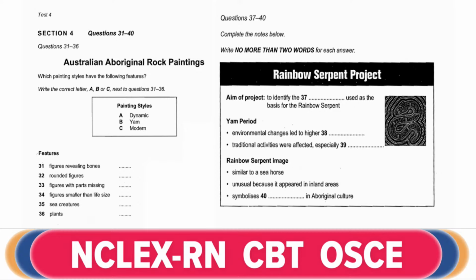But we decided to study the rainbow serpent paintings to see if we could locate the animal that the very first painters based their image on. The Yam period coincided with the end of the last ice age. This brought about tremendous change in the environment, with the sea levels rising and creeping steadily inland. This flooded many familiar land features and also caused a great deal of disruption to traditional patterns of life, hunting in particular. New shores were formed and totally different creatures would have washed up onto the shores.